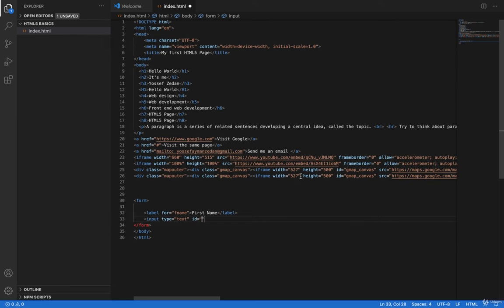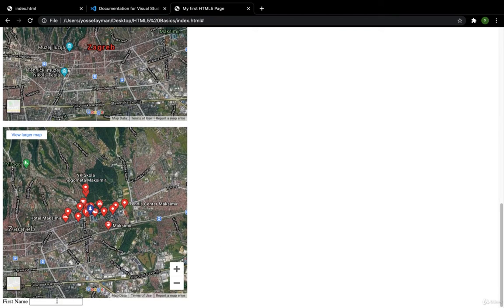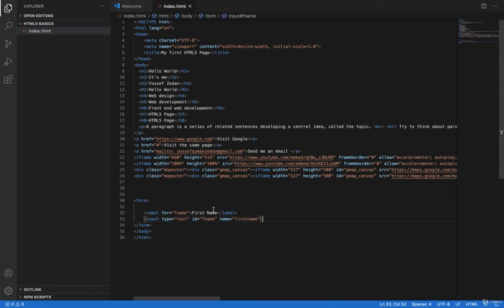with an ID for this form. So in the ID I will write f name, and here I can make a name of first name. The name is the something that I will put inside this input, and here this is okay. Let's see what we have here when I reload. Here I have this input. So this is the label which we wrote here, and the for, I want this label to be for the